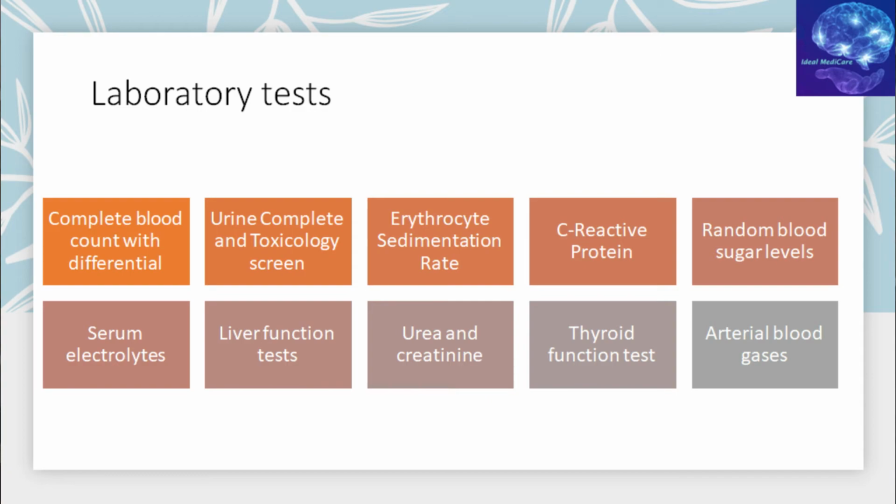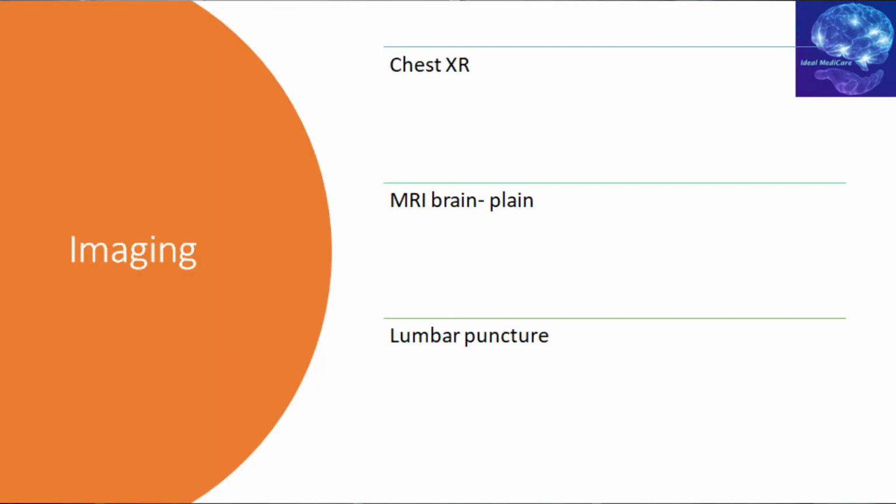So these are the basic tests or the first tier testing, and you can add to that based on your initial assessment. Next comes your next tier workup, which includes imaging. Chest x-ray can be done as tier 1 as well. But if you're not getting a clear diagnosis and the patient has focal neurological signs, you should go ahead and get the MRI brain, plain or stroke protocol.